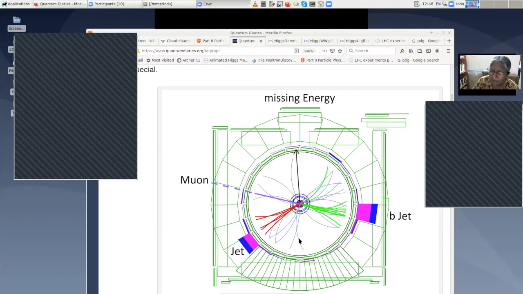The others will only randomly add up, right? So sometimes it will add up to one number, sometimes it will add up to another number. But if it was a single particle decaying each time, then the invariant mass will always add up to the invariant mass of that particle. And that's how you're going to figure out that there was a new particle.